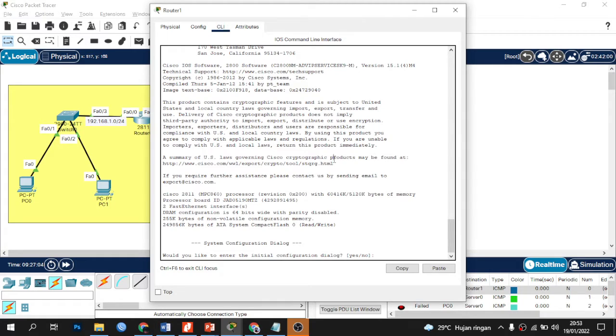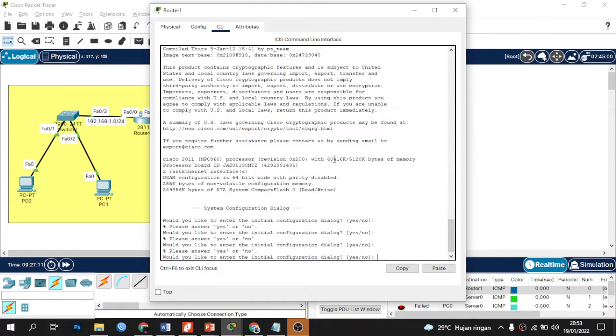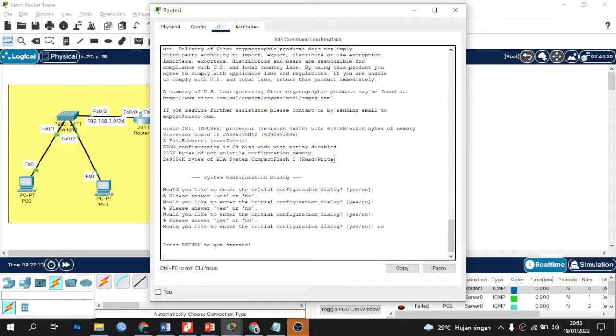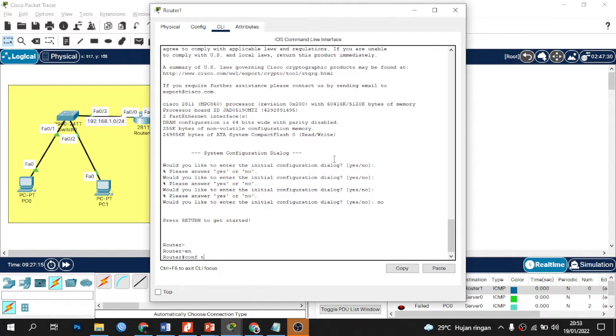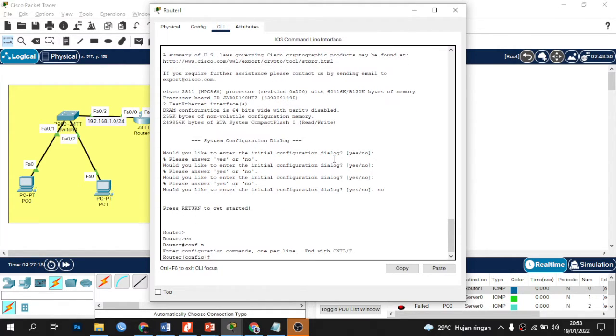Next, on router 1, enable, enter the global config mode.